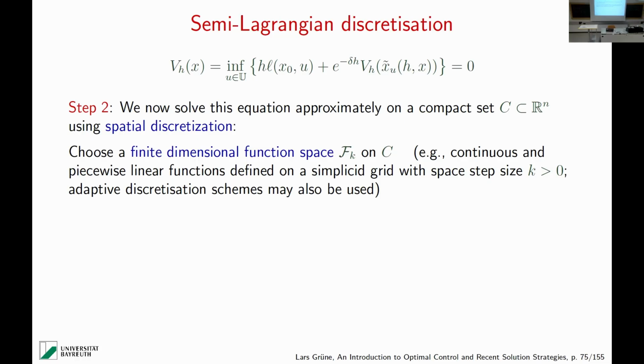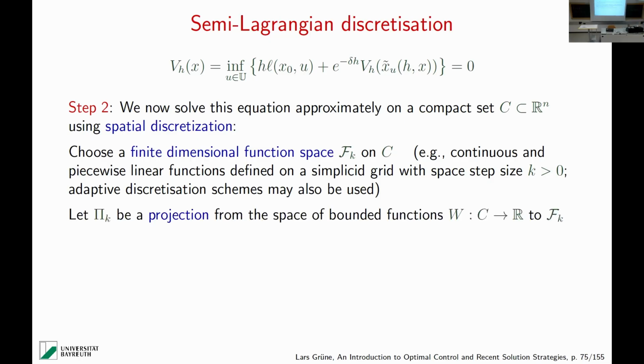And this you can conceptually do in any dimension. It just gets more complicated with the bookkeeping and everything. And these functions will always be determined uniquely by the values in the nodes of the discretization. So that's how you do it. Okay, that's the simplest way. You can do much more complicated things. You can do splines. You can do higher order approximations of other forms. So that's all possible, but that's not really the point. I would like to explain the concept. So that's this finite dimensional function space, and K in this case would be the maximal distance between two nodes here.